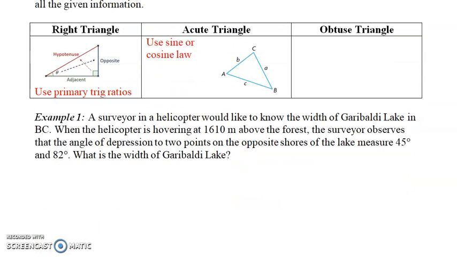And next we have an acute triangle, and here we can use the sine or cos law. So this one we have all angles less than 90. You can use the sine or cos law. Again, there are some scenarios for that. Use the sine law when we have the scenarios such as side, angle,